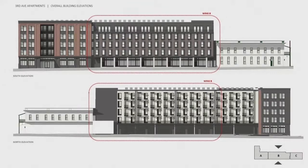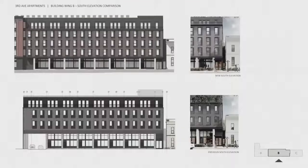So here's the elevation of the overall. And we're going to be talking about the middle section, which is highlighted here. This is a side-by-side comparison of what was presented before, which is the elevation below, and what we're presenting today. As you can see,